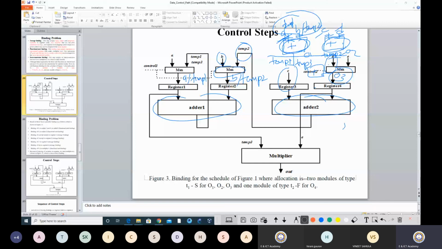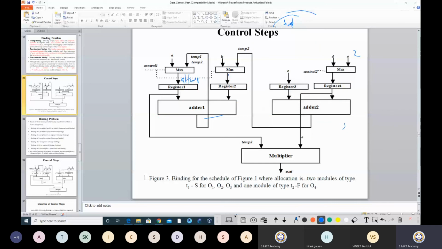Okay. Again, there is a possibility that in time slot 3, I need to introduce the E variable. Now that E has to be stored somewhere. So for that matter, I can use register 3 or maybe I can use register 4. Here they have used register 4. Okay. So let's stick with register 4. So now I will draw an updated diagram, where here it is A or temp1, here it is B or temp2, here it is C, here for this register I will go for D and E.